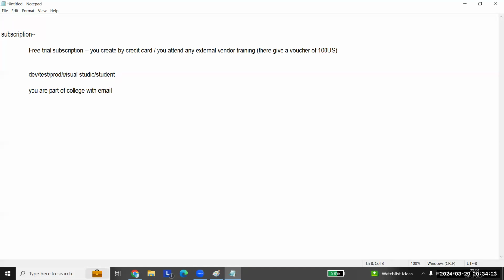But here you have dev subscription, test to prod, and you have Visual Studio subscription. So Visual Studio is nothing but when you take some Visual Studio license software, then you will get it. And the other thing is you will have the professional support and standard support. So what is this professional support and standard support?